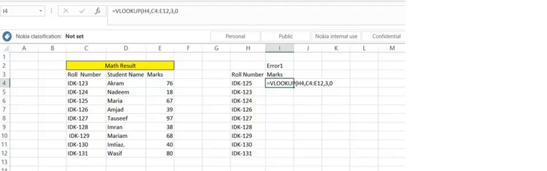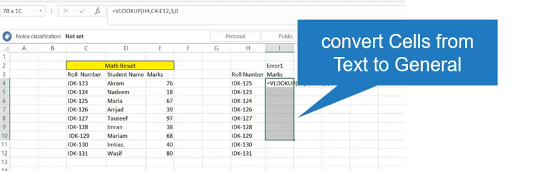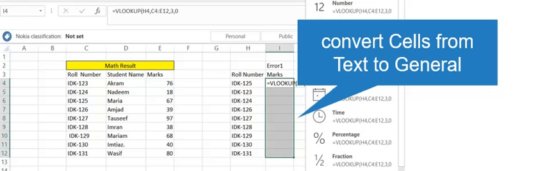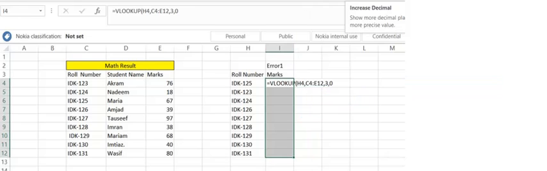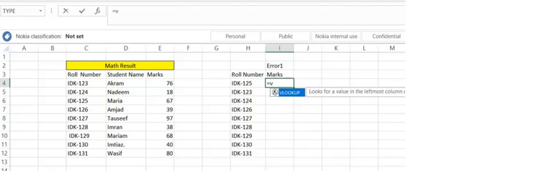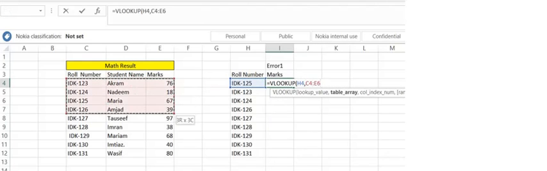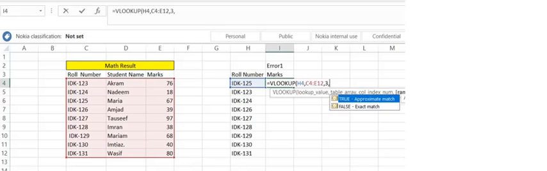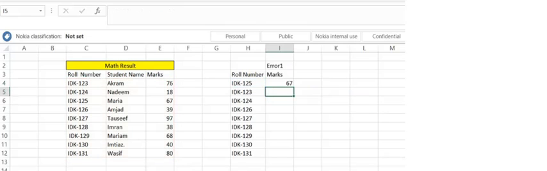So in order to apply the formula correctly, so that the cell shows as a formula, I need to change this text format to General. Then I will apply the VLOOKUP formula again. Let's see what result comes. Same as before, I will select the range where I need to apply the VLOOKUP formula, select 3, and then apply the answer. So you see the